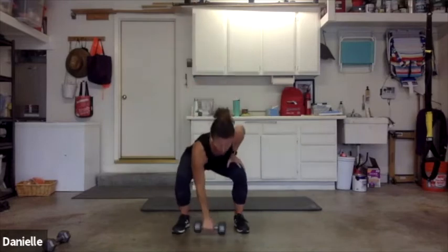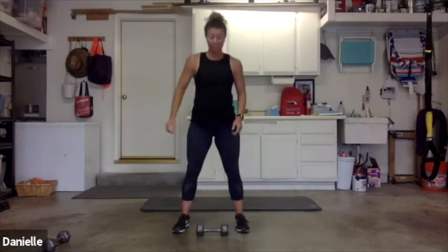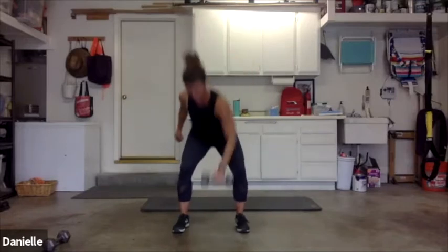I'm gonna show you the squat one. Doing the squat option this round. So each time I set it down, I come back up before I grab it again. Trying to get that heart rate up a little bit by adding that squat in between. 10 seconds